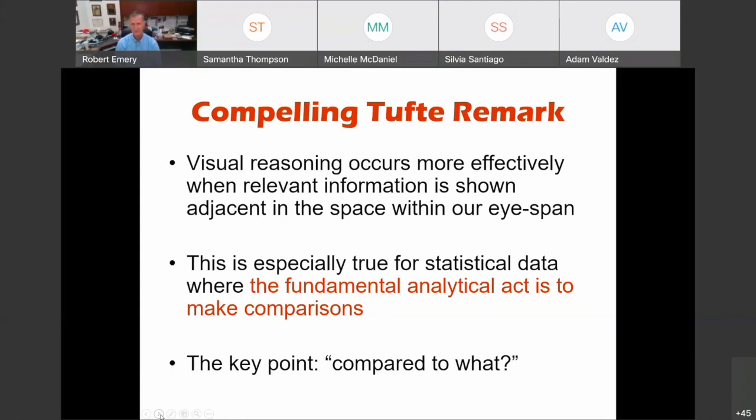This is especially true for statistical data, where the fundamental analytical act is to make comparisons. So the key point you should always think to yourself when you're making a data display is, compared to what? What is this data that I'm sharing with you compared to? Because that's exactly what your boss and other stakeholders are thinking to themselves as well.